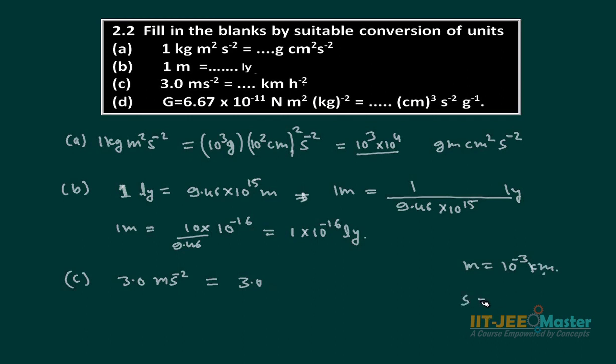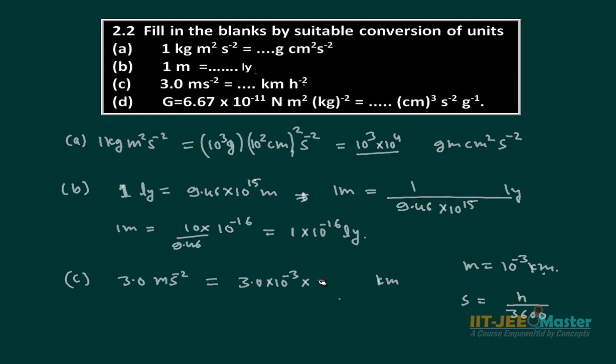In place of second, we will write 1 upon 3600 hour. So it will be 3.0 into 10 to the power minus 3 kilometer, and second square will be written as